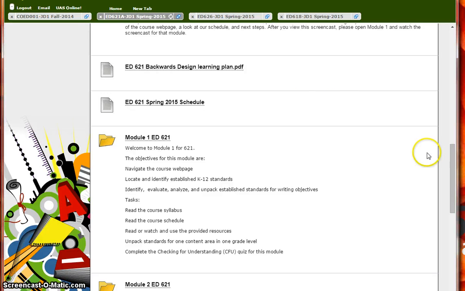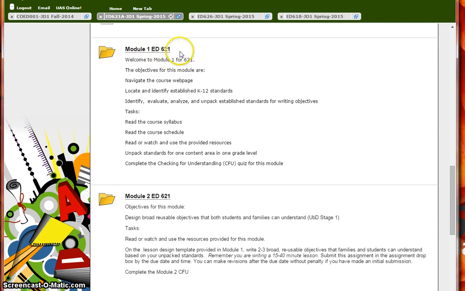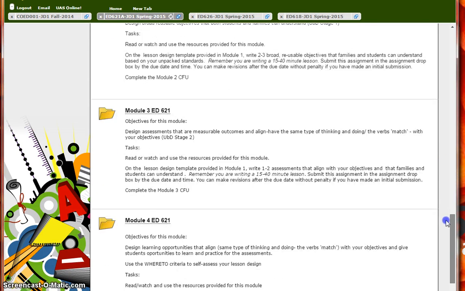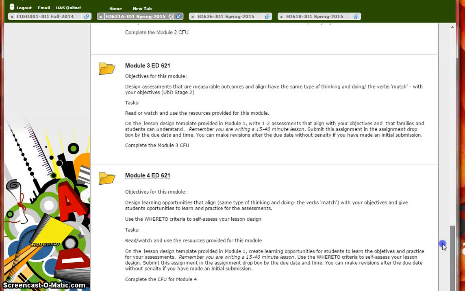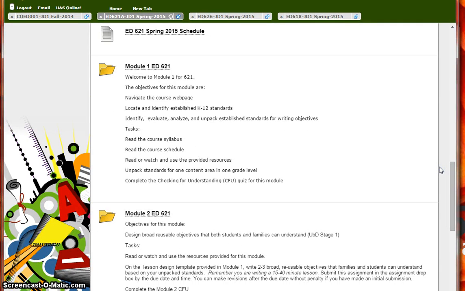We want to focus right now on Module 1, and you'll see it's right here. And for each of the modules, they look similar. They have the objectives and the tasks before you even open them. So we can see by reading here underneath our module, the objectives for this module are to navigate the course webpage, which we just did together, locate and identify K-12 standards, identify, evaluate, analyze, and unpack established standards, those standards